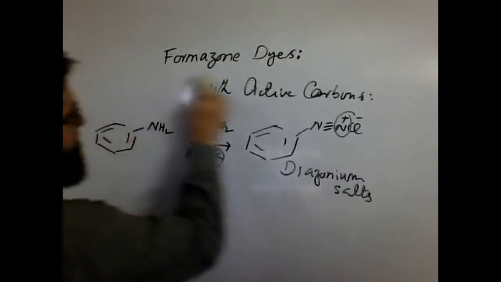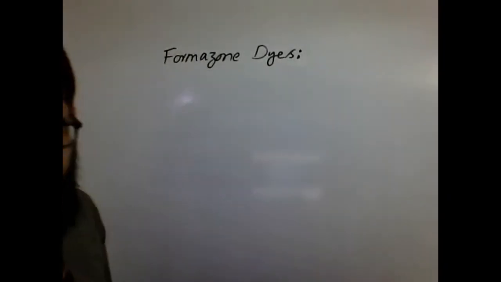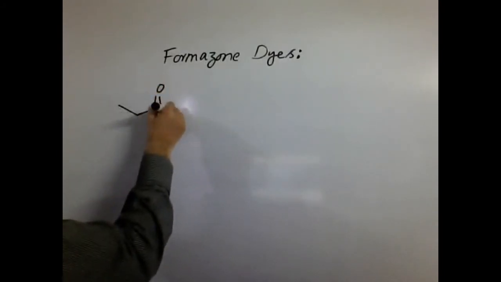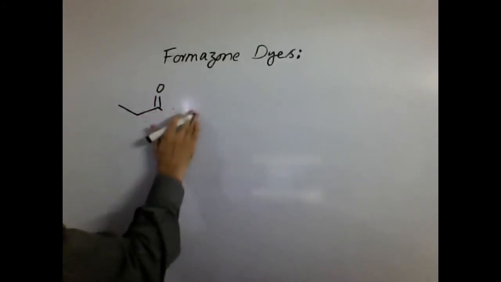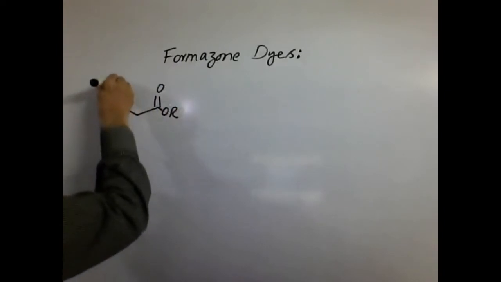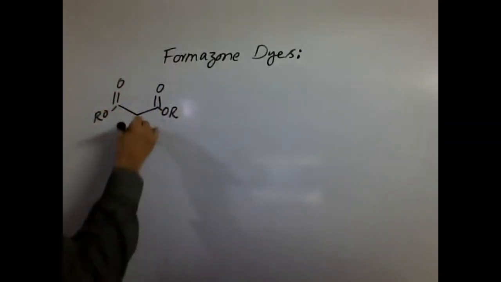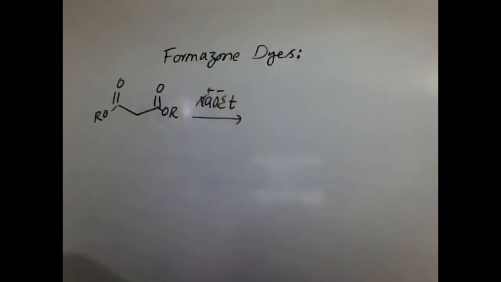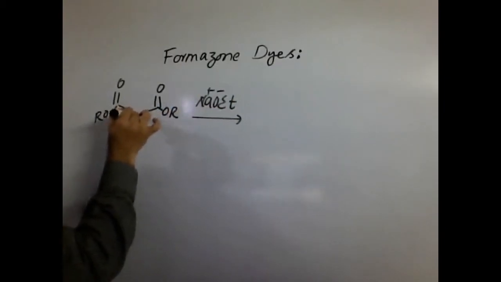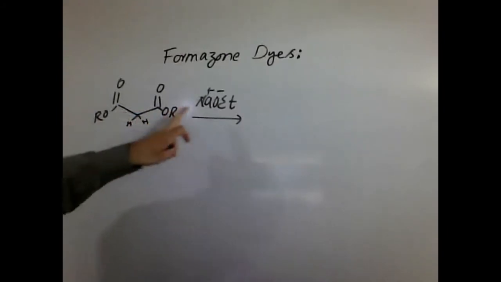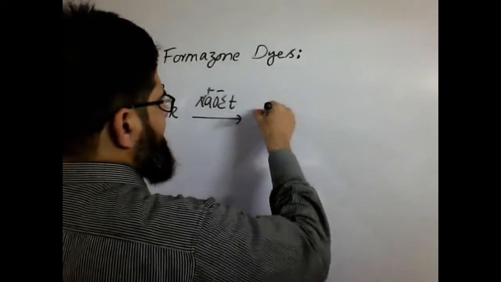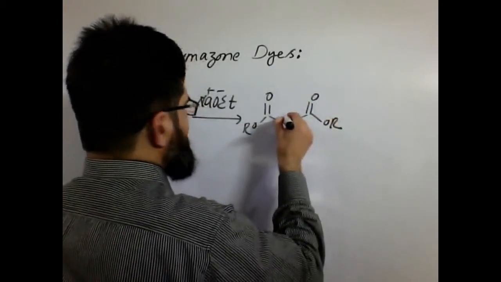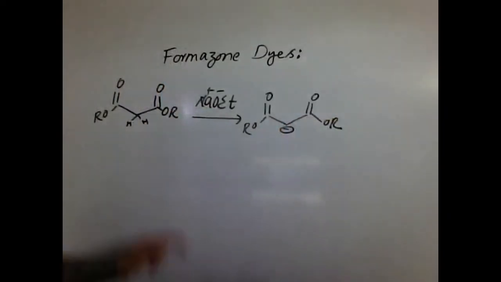Let me move in that direction now. To make you understand, let's say we have this type of compound. Yes, we can have some sort of an ester. If we react it with some sort of base like sodium ethoxide, this base can abstract one of the protons, because two protons are available at that carbon. So one of the protons will be abstracted by this base. What will be the resultant? It will look like this, and this carbon is supposed to carry a negative charge, because one of the protons has been removed,